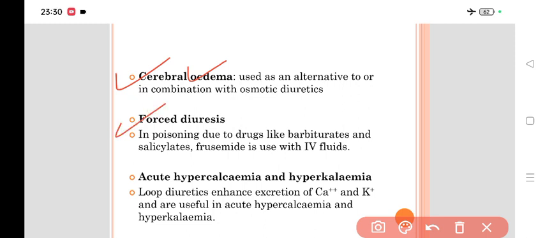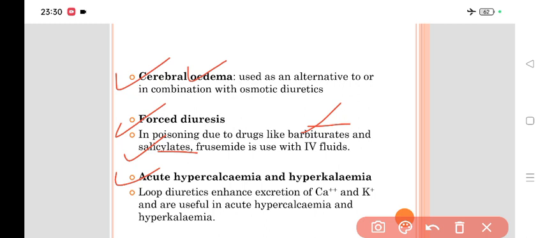Then loop diuretics are also used for forced diuresis. In poisoning cases such as barbiturates and salicylates, furosemide is used along with IV fluid, and you can go for forced diuresis to remove these drugs from the body. Then it is also used in acute hypercalcemia